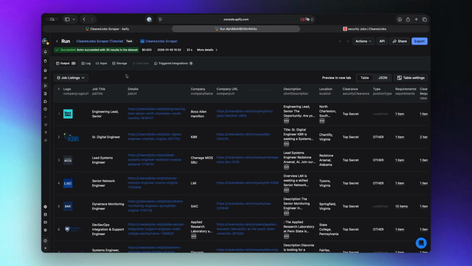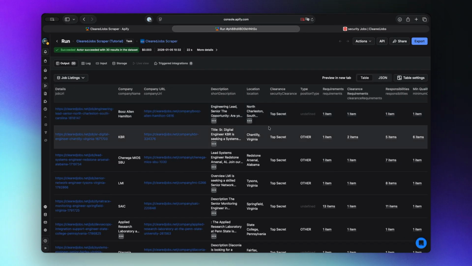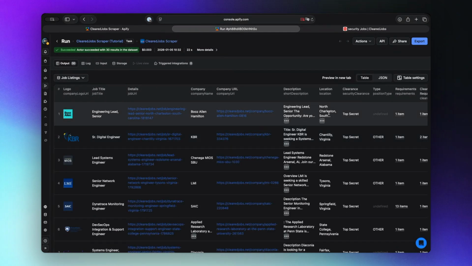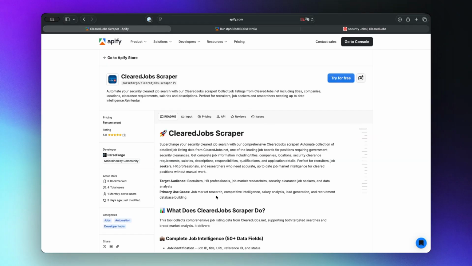When the run finishes, the results appear in this dataset table in the Output tab. Each row represents a job listing with full company info, location data, security clearance requirements, salary ranges, responsibilities, qualifications, and benefits. You can export the data as a CSV, JSON, or Excel file, and plug it directly into spreadsheets, databases, or recruitment tools. This actor is ideal for recruiters, cleared job seekers, and analysts who need structured, up-to-date intelligence on